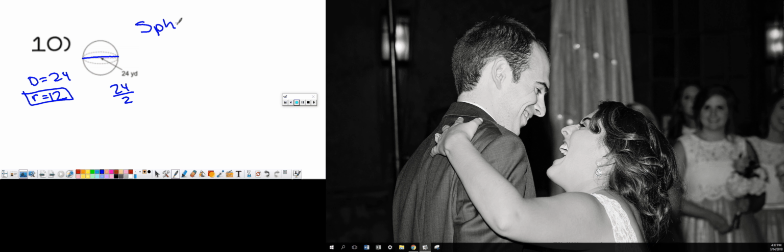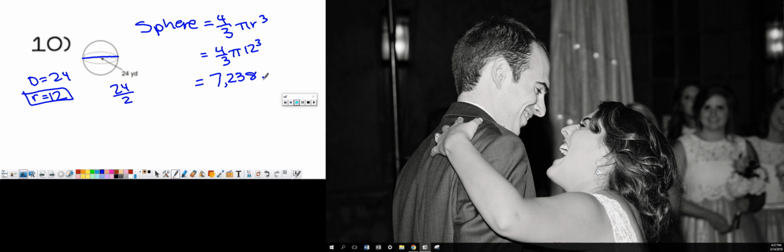Remember that the sphere volume formula is 4/3 pi r cubed. My radius is 12. Don't forget that in this formula it's different because you are cubing the number rather than just squaring it like the other two formulas. All right, so I'm going to multiply all of this together, and it's going to give me a grand total of